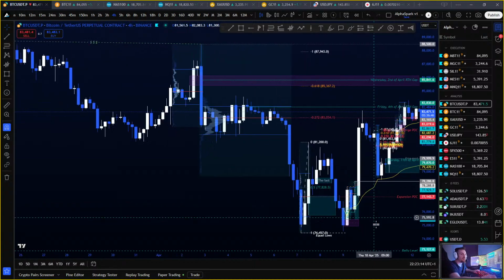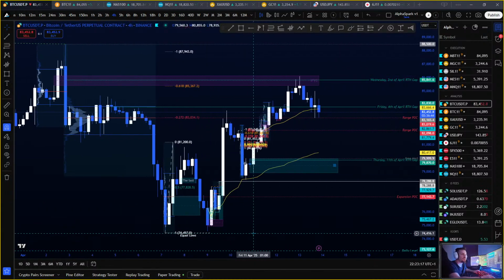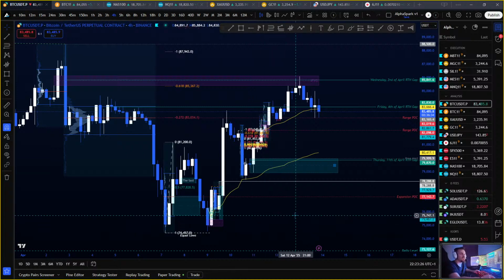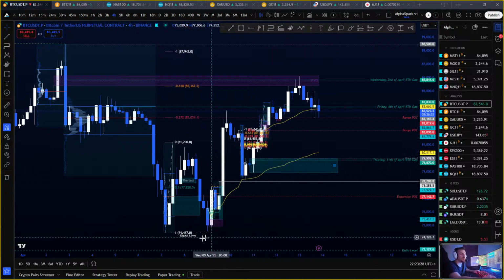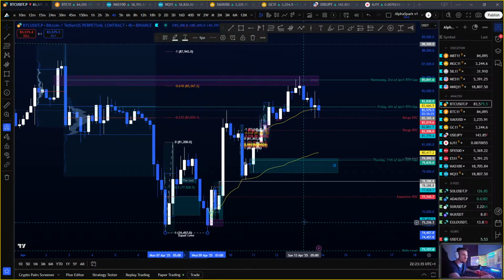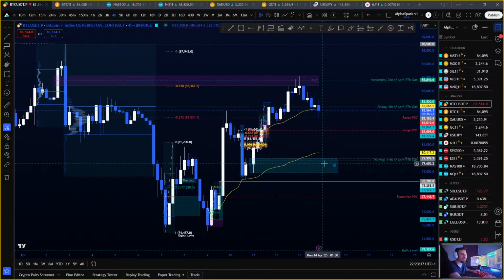I am aware that we do have equal lows down here, but it wouldn't be the first time that we leave equal lows left untouched. It just wouldn't be the first time. And because the equal lows are there, I obviously cannot ignore that fact. Because they are there, I wouldn't leave a limit long here. I would expect either liquidity to be taken or even for price to eventually fail here,